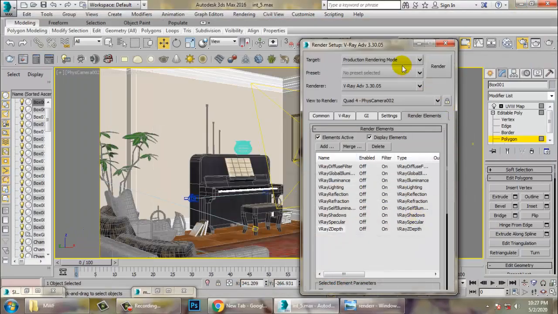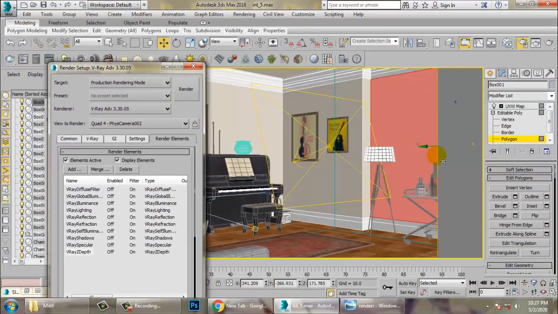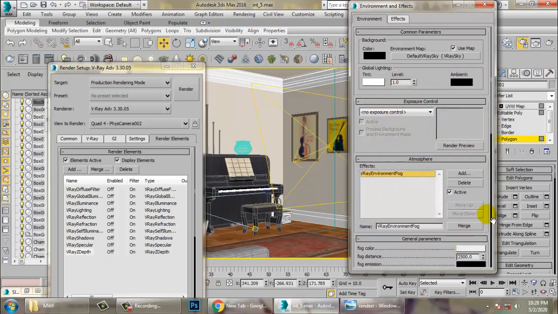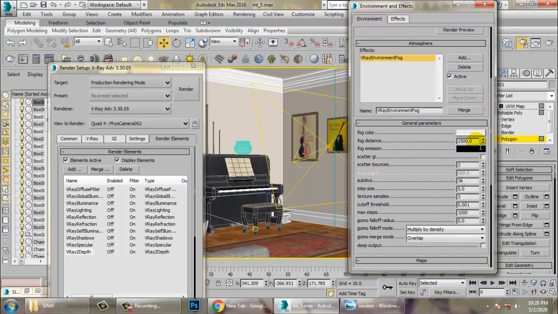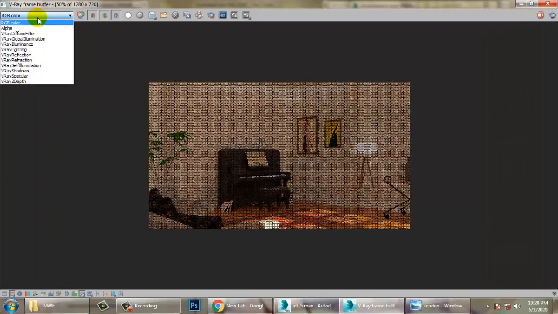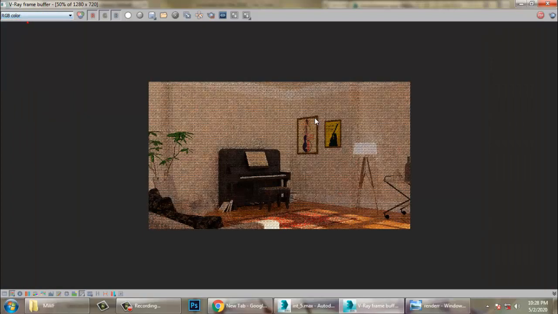So we can reduce the V-Ray environmental fog if you want. So we can just press 8 over here. Let's go into this, and if you want to reduce it, you can reduce the fog distance, your fog color, subdivisions, and let's render it again. So now whatever you're going to render will come in the form of all your passes over here.